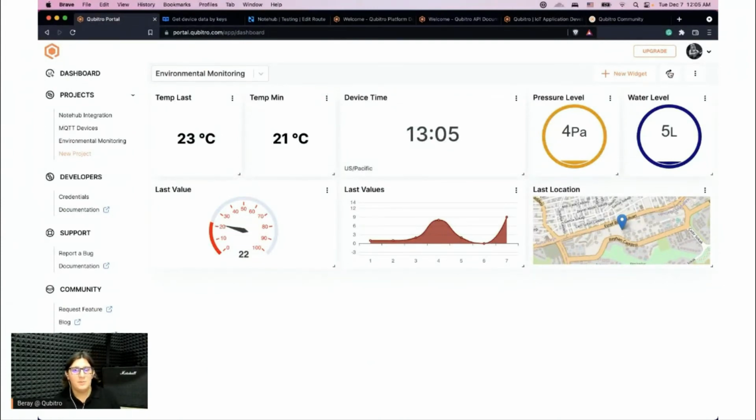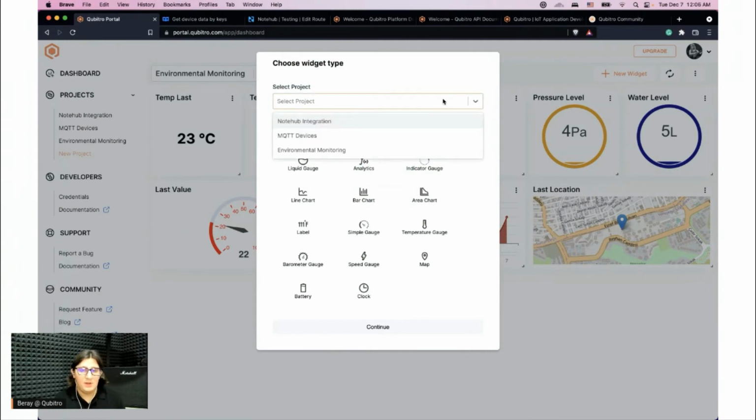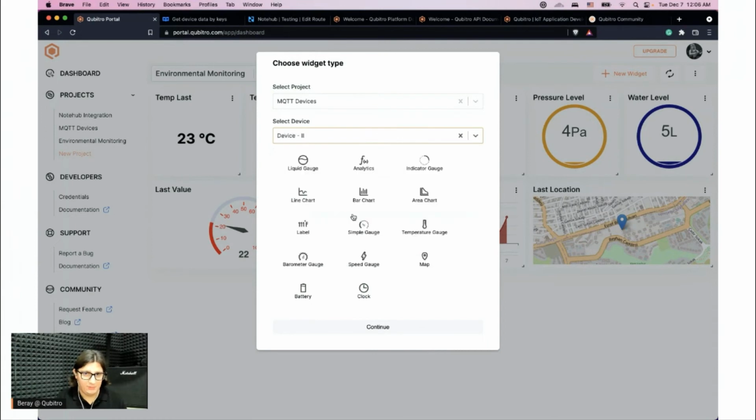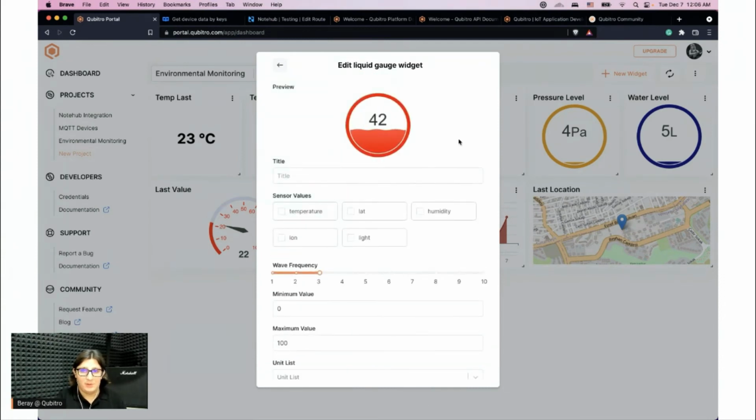So I'm switching back to the Qubitro portal, where our users can easily monitor their device values, sensor values, and more importantly, they can choose sensor values from different projects. So this is a simple experience. In most platforms or scenarios, you need to define dashboards specifically for projects. But in this case, let's say you have different cards or devices from different projects. So you can easily choose any project, and on top of that, you can also easily choose devices. And then the rest is as simple as just clicking a few buttons and playing with the values. So it will be good to go.